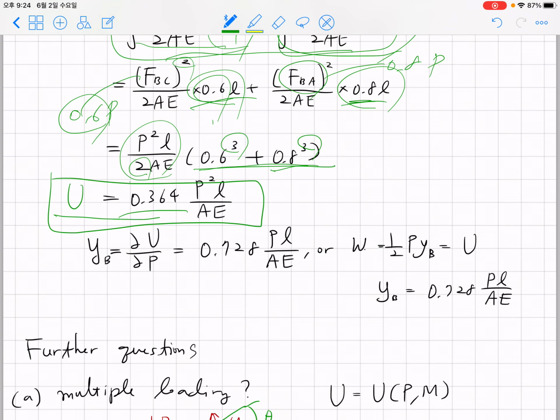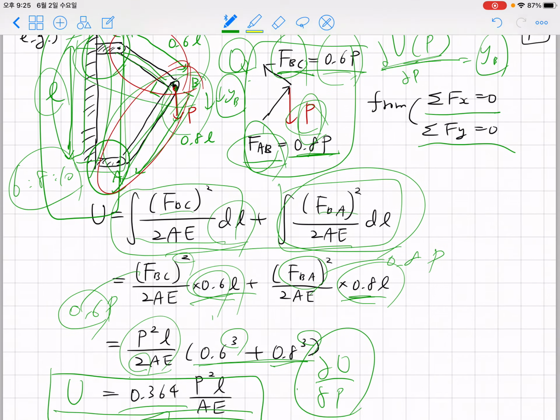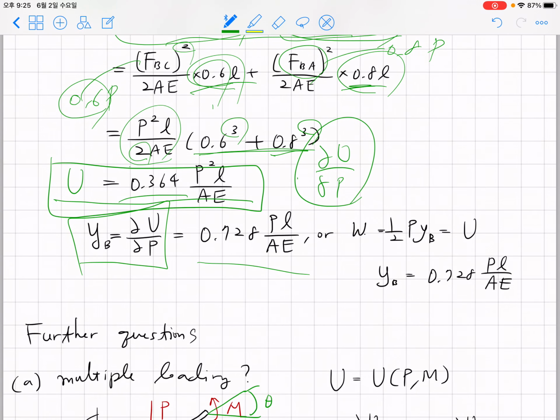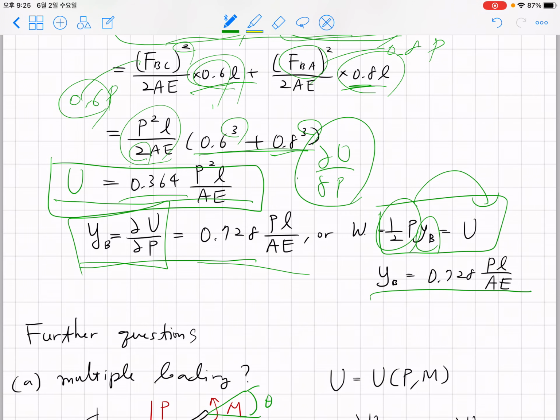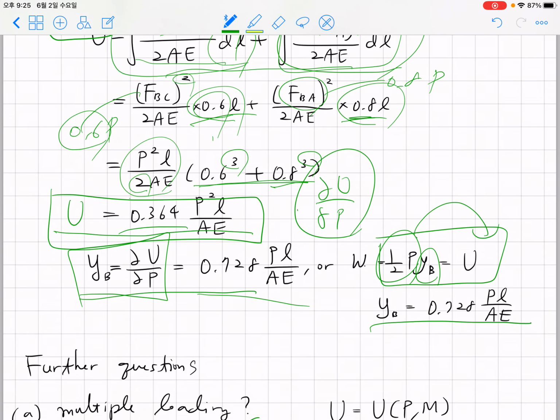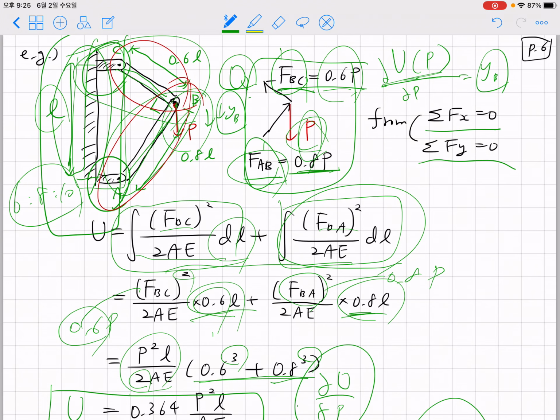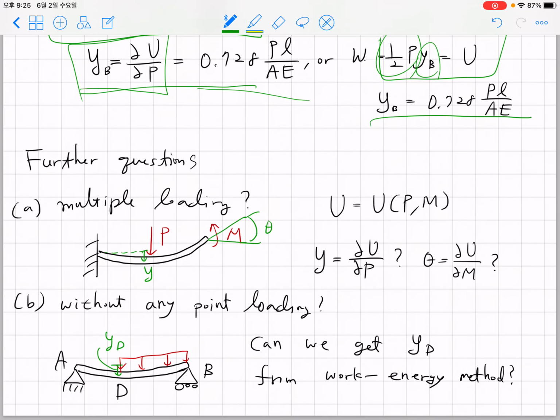Anyway, so after obtaining U as a function of P, we can do partial differentiation, partial U over partial P, and this will indicate the deflection at B along the direction of P. So it will be given as 0.728 PL over AE. Of course, instead of using partial U over partial P, you can consider half P times YB equals U, and if you obtain YB by moving P over 2 to the right-hand side, you'll obtain exactly the same answer. Okay, so this is the final example problem considering just one loading problem,